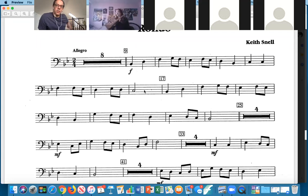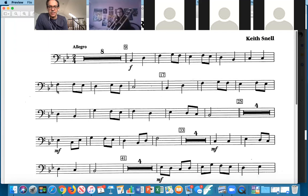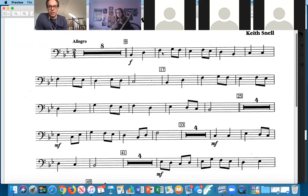All right, so everybody heard that she hesitated a little bit between this measure here when she had to change to the 2nd system, correct? So we always have to keep our eyes on the next system when we're reading. Always, if you're playing this measure, your eyes are already looking here. And then work going from F to G here. Sophia, for next time. Okay, so you want to make sure every sound is like